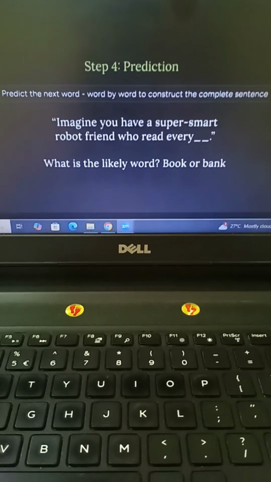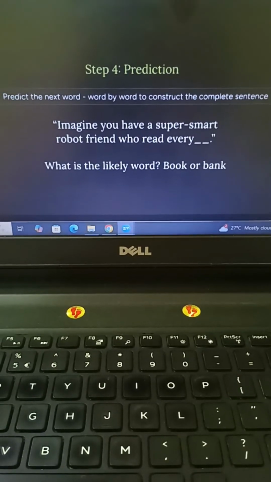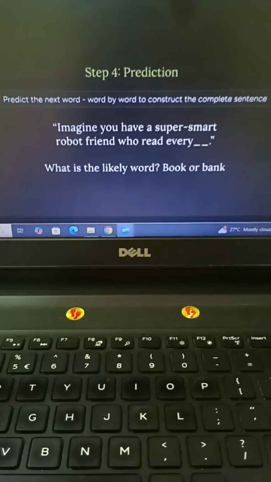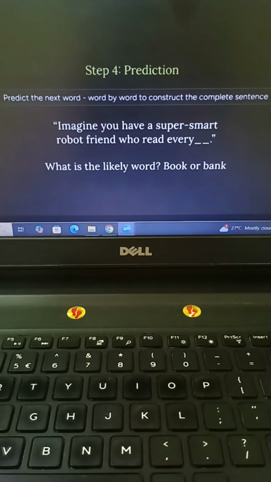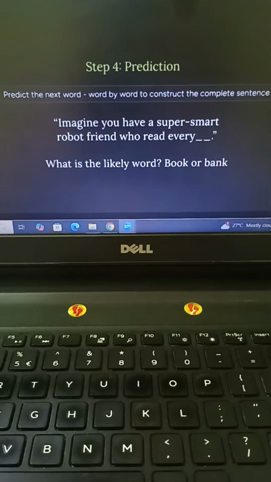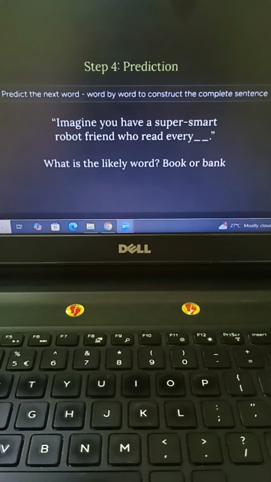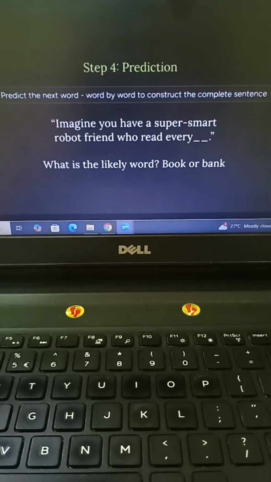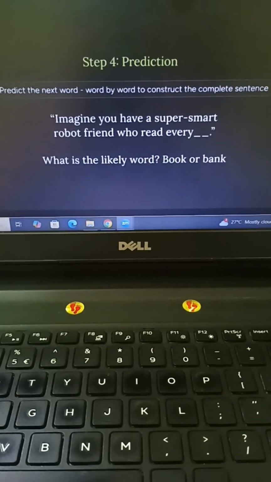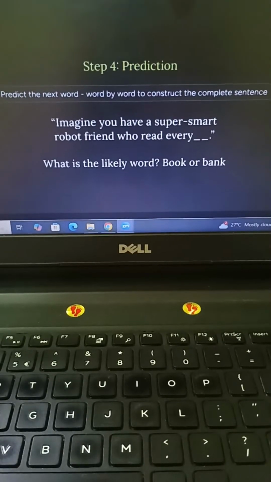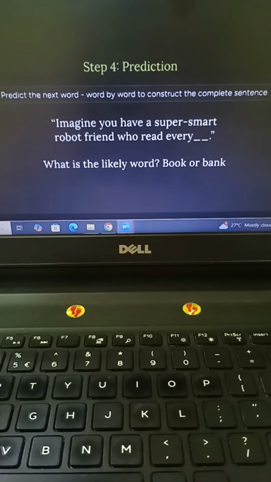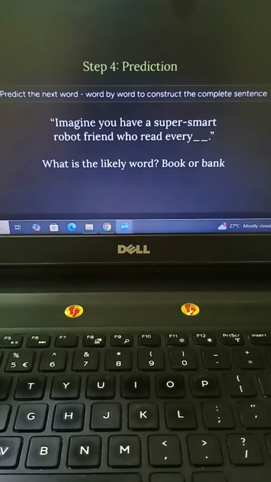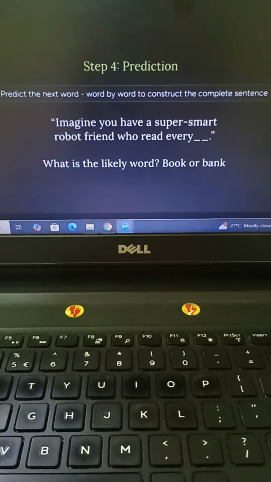Same, right? The model has a limited, finite set of words. We all know now it's a finite set. The model assigns a probability to each and every word. So that's the job of the model, that it assigns a probability between 0 to 1, right? We all know probability is a mathematical, very beautiful subject, I would say, right? So it's a mathematical model which is giving the probability output. So it assigns each and every word a probability, and now the model picks from those high probability words,